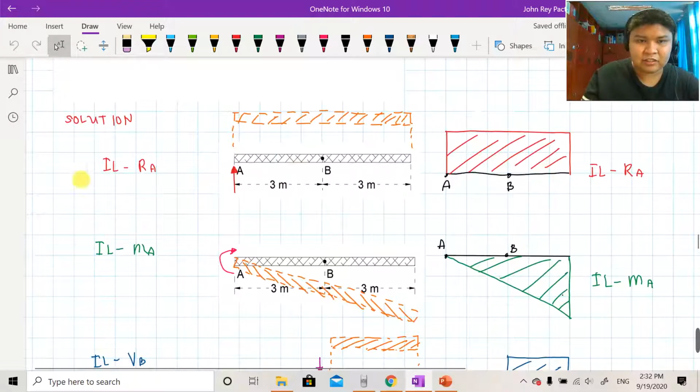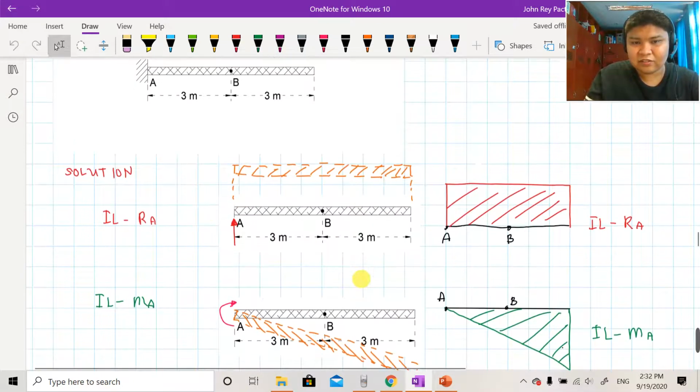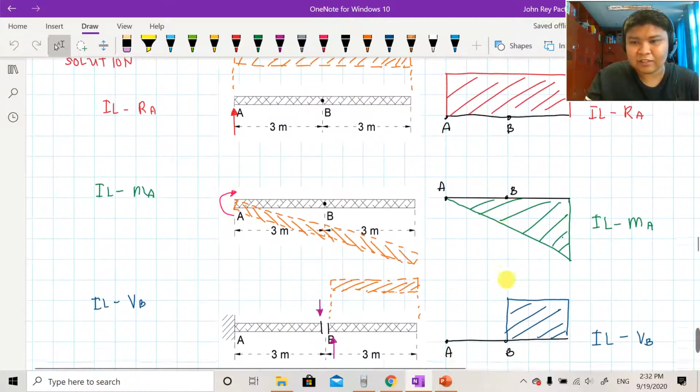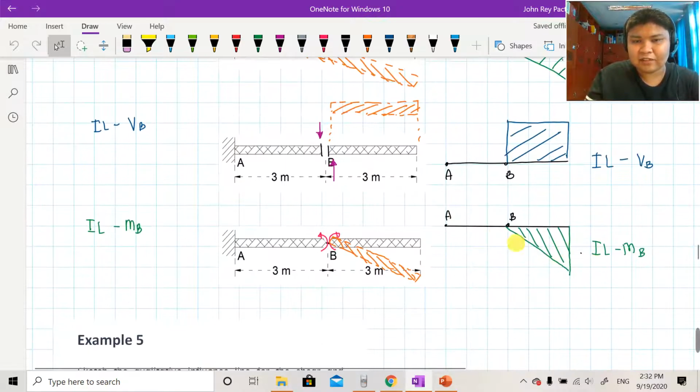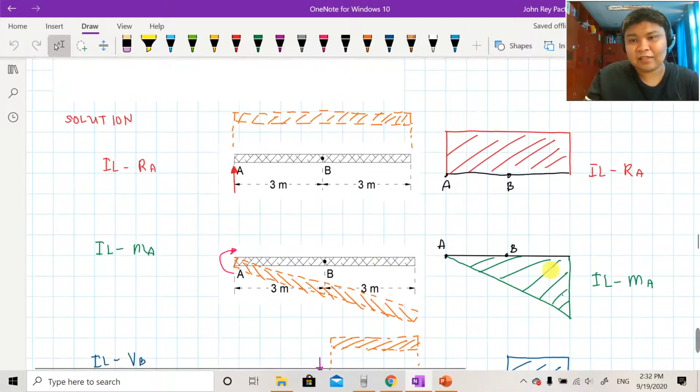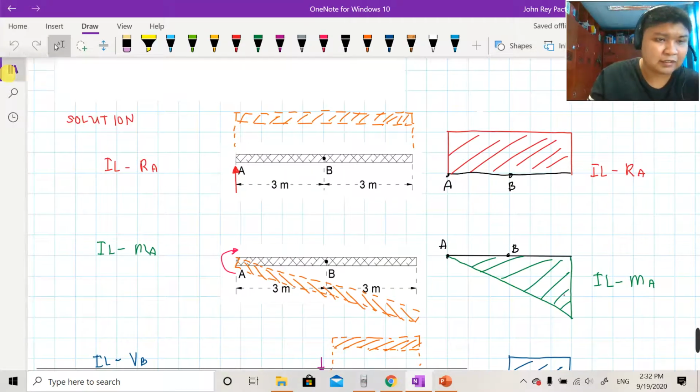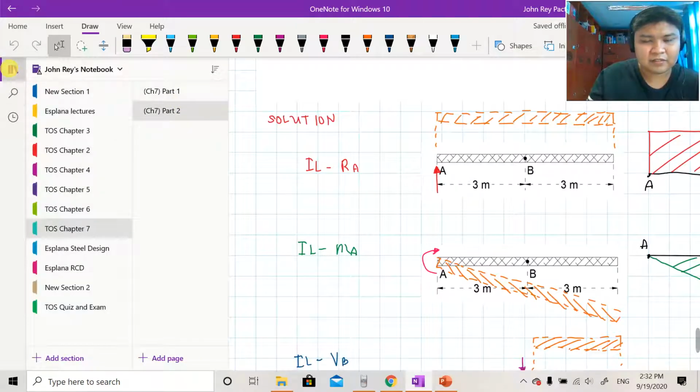If you notice, this is the shape of the influence line for the reaction at A. This is the influence line for the moment reaction at A. This is the influence line for the shear at B. And this is the influence line for the moment at B. So the question now, class, is how we put the ordinates on these. For the meantime, at least we already have the shape. It's easy enough. So, let's go back to our